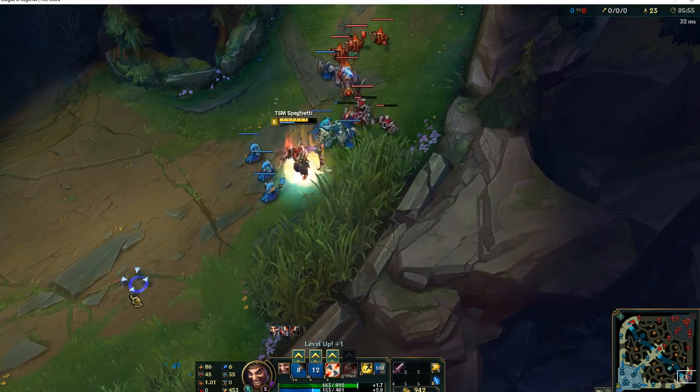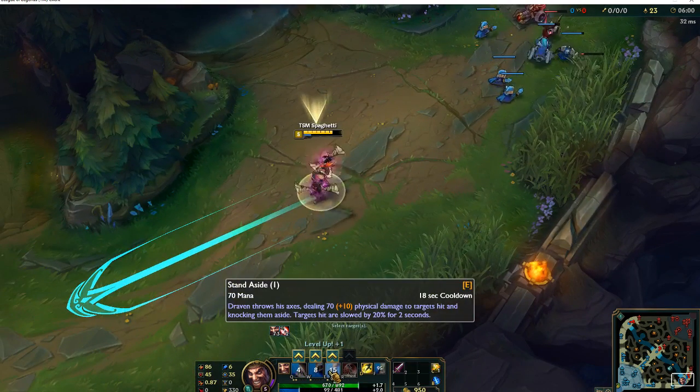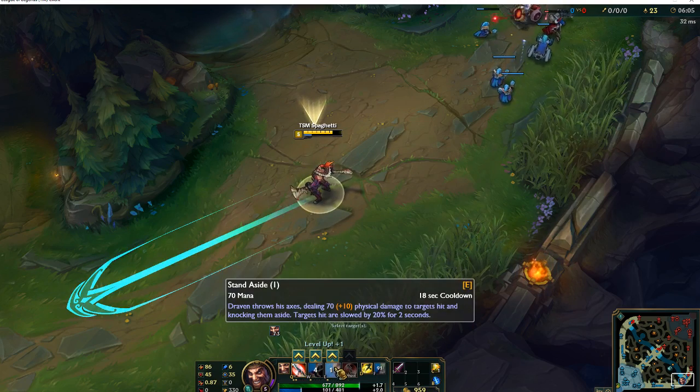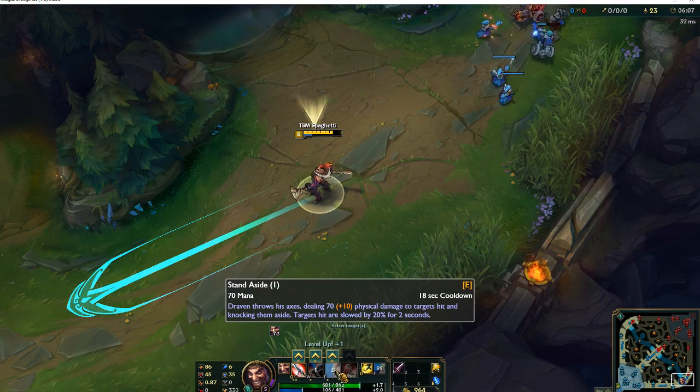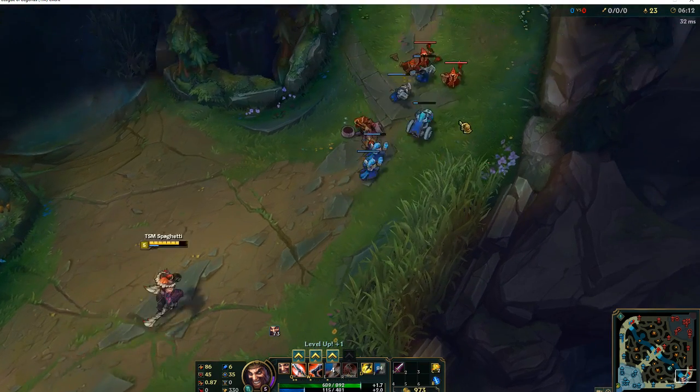Like if I'm running away from someone, I press W and then boom, use this spell, E, which is Stand Aside. Draven throws his axes, and this is the range, right here, range indicator. Throws his axes, dealing 70 plus 10 physical damage to his target's hits and knocking them aside. Targets hit are slowed by 20% for 2 seconds. So it's really good for,